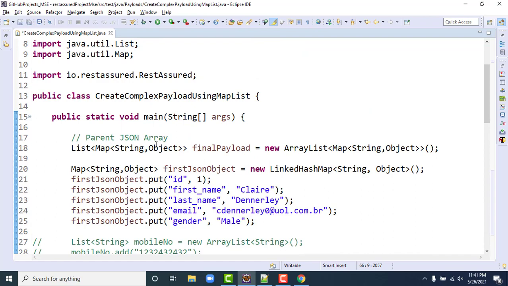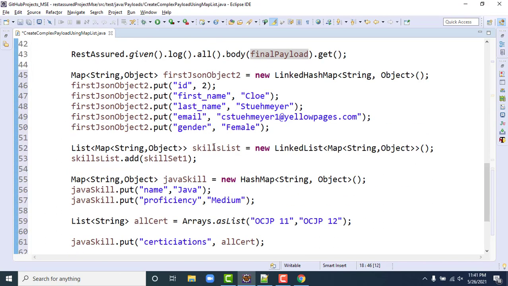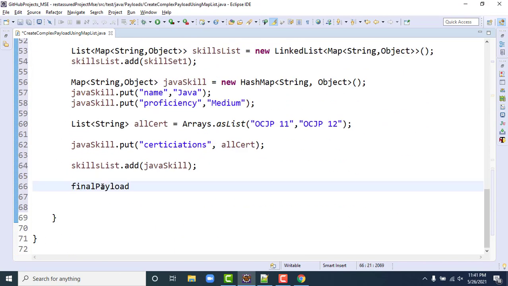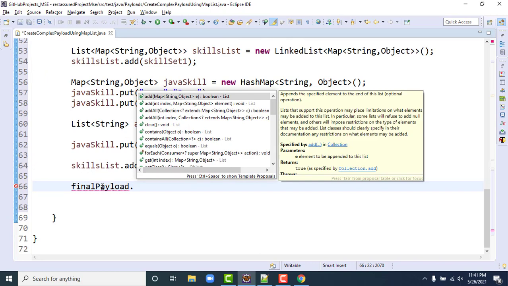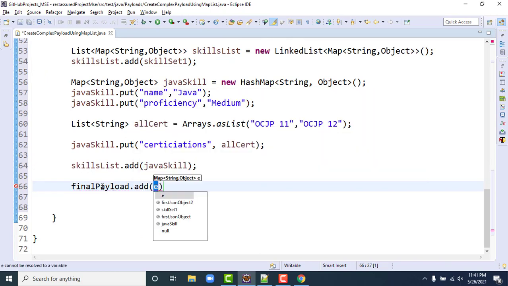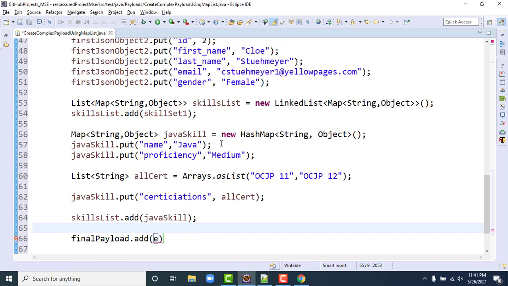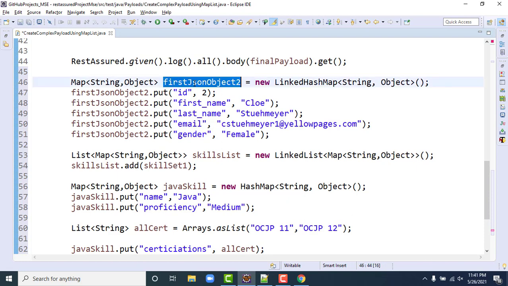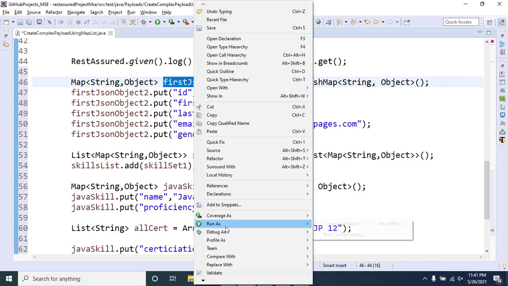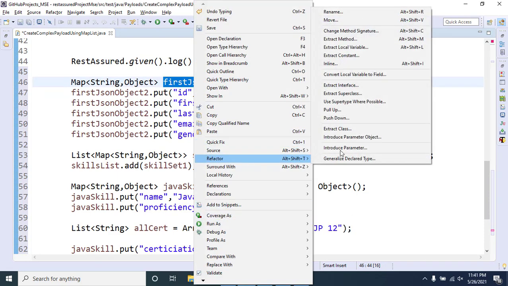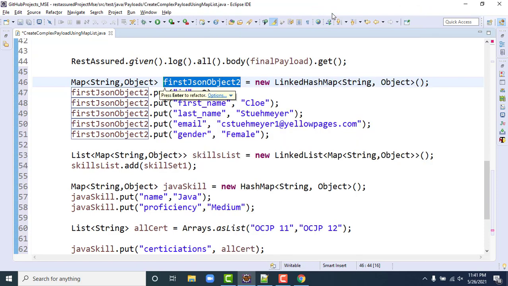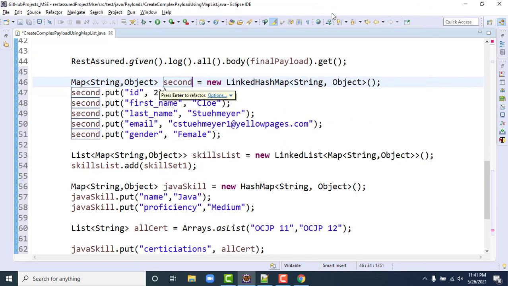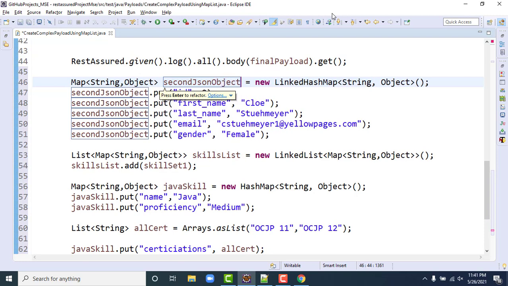Why that? Final payload, right? Final payload.add, which one? So better we can name it as second JSON. So refactor, go to rename and type secondJSONObject.